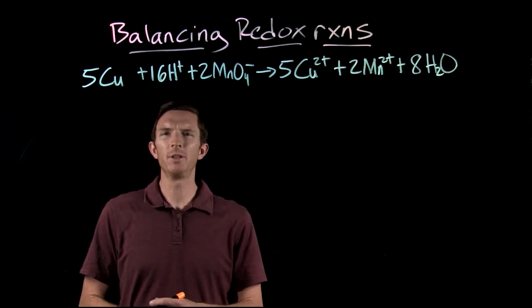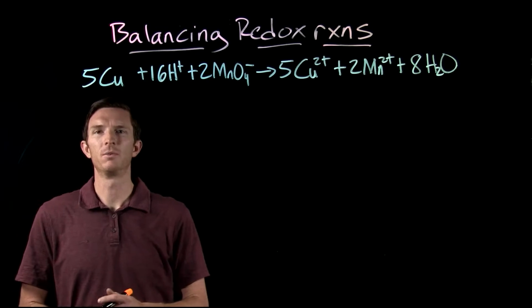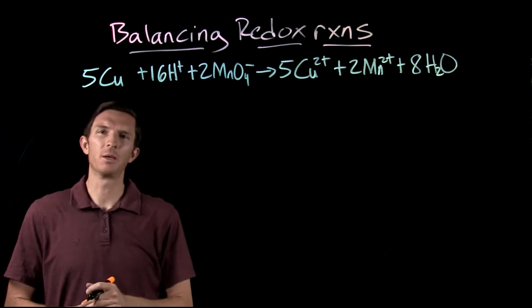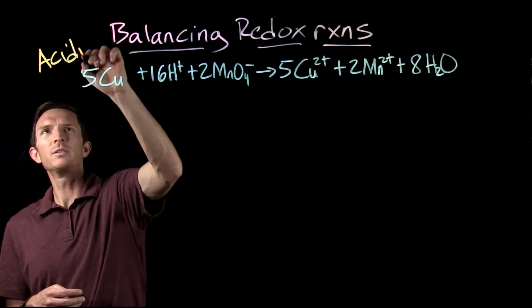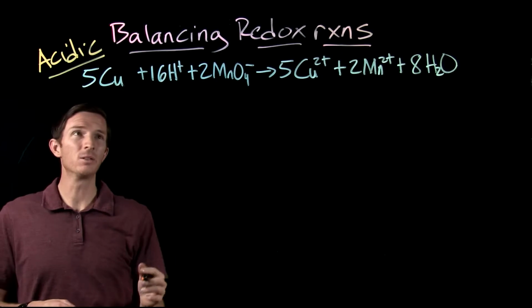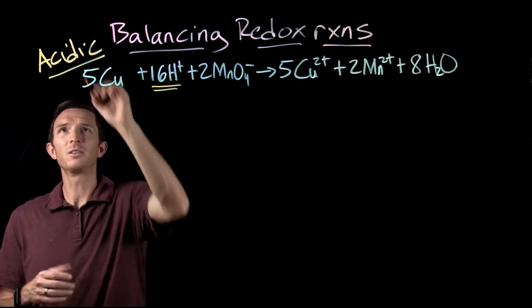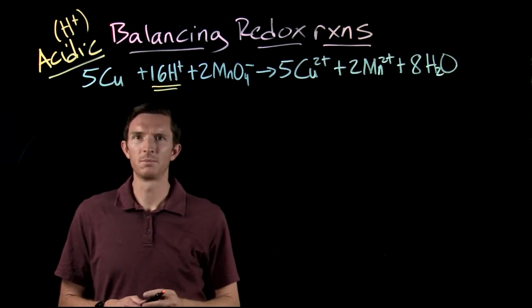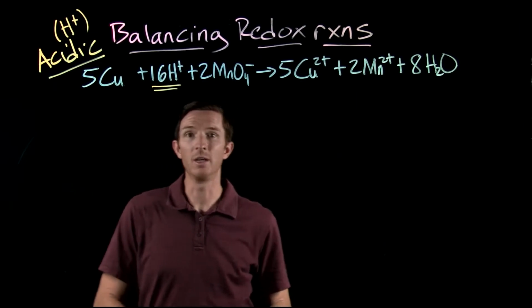All right, so in our last video, we looked at balancing a redox reaction in an acidic solution, right? This was the end result of what we got for our balanced chemical reaction for an acidic solution. And how do we know that this is an acidic solution? We have these H+ ions there. Remember, if we have an acidic solution, we have an excess of our H+ ions. Well, we want to look at what happens if we actually balance this in